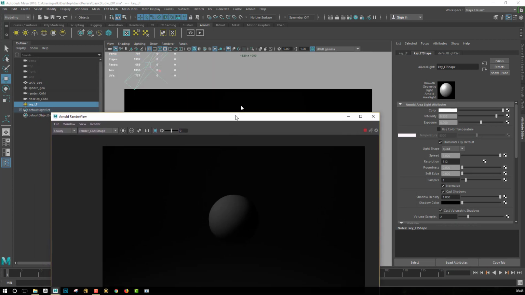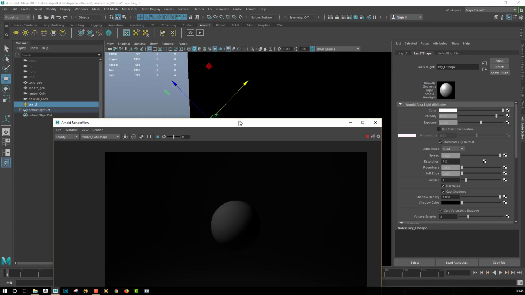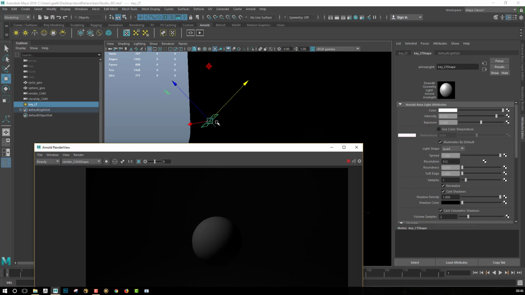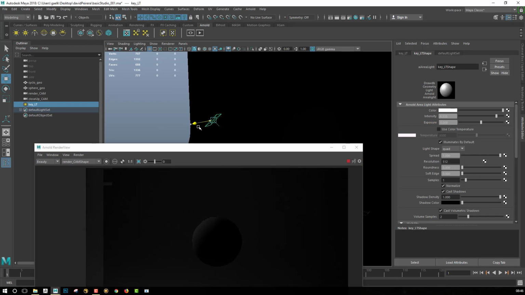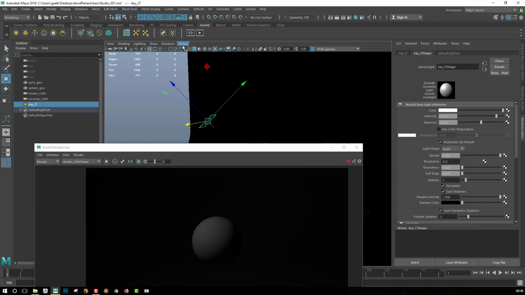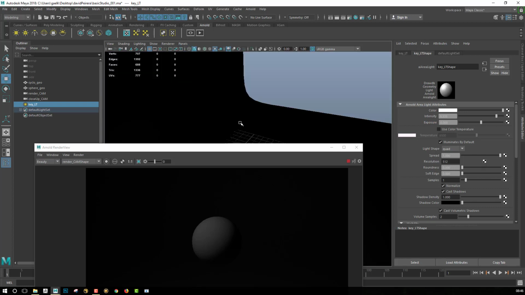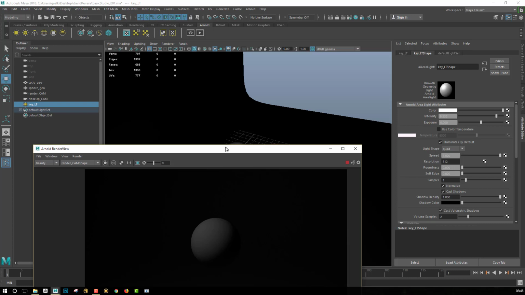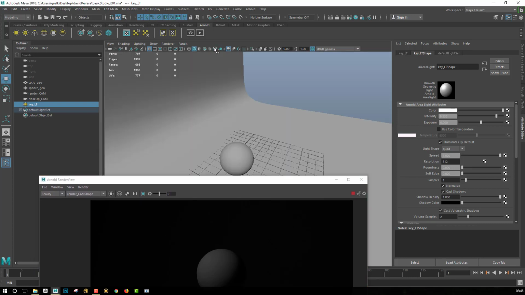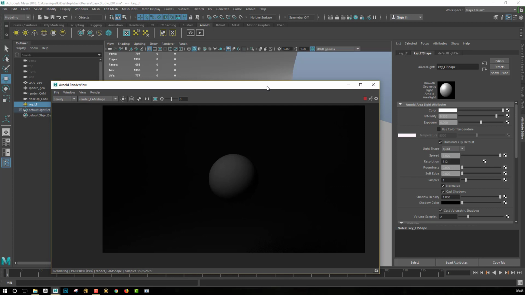So if I'm moving something, so let's say that, for example, I will go in panel, go back into my perspective view, and maybe just change a bit the position of the light, and you can see that it's working directly in your scene. So go select my light, panels, look through selected, then I will adjust its position to make it more frontal. And then I will just play with the parameter to show you how it's working.